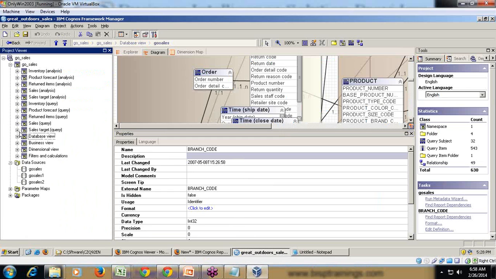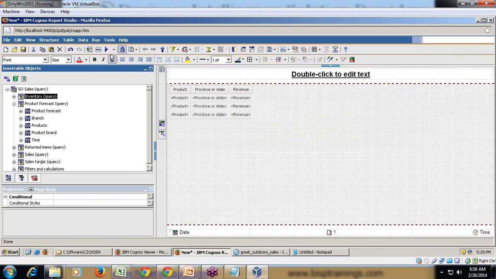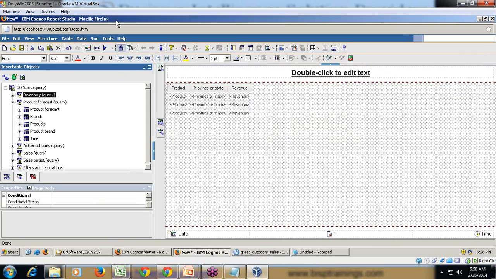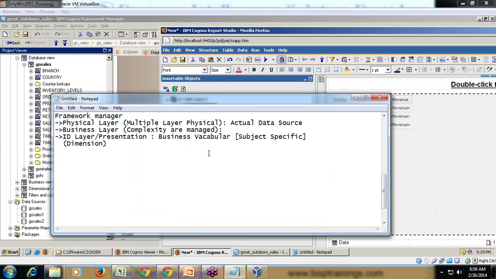You see yourself. This is your physical layer or database view. It is not subject specific. It may or may not be, right? But when you look at the business view, it is essentially subject specific. I have one subject for product forecasting, return analysis, sales forecasting, and all. These are tables, these are subjects, this is the user view, this is the database view. On top of the database view, you may have a business view where you filter records as per your reporting needs. So the overall purpose here is to hide the complexity in multiple layers step by step. Maintain